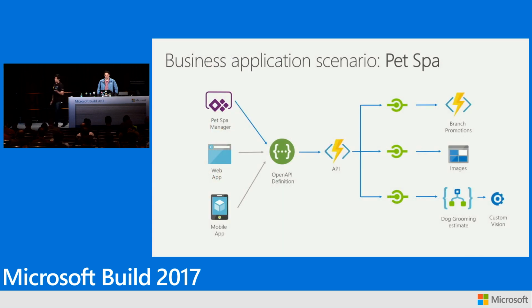So we built the architecture that we want to cover here. What you see in terms of the blue arrows are the pieces that we're really going to show and that you could replicate with your own business problems. From left to right, we have this application that could be running on our phone, could be running on a browser. But what we really want to show is running it on Power Apps, because it's a really great Microsoft product for you to build business apps quickly that look good and run everywhere.